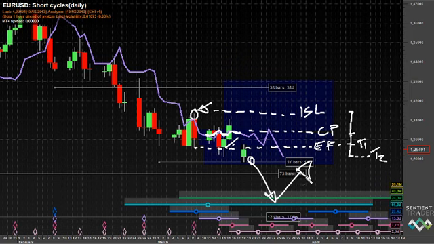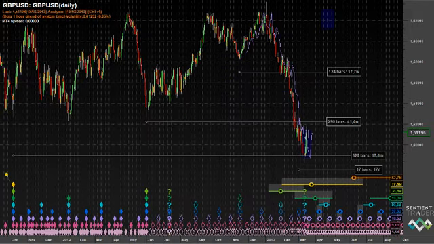Let's take a look at the British pound to US dollar. Now, the British pound to US dollar is also approaching a very important turning point, a turning point of probably at least 18-month magnitude, possibly even longer, possibly even 54 months. And so, because it is approaching such an important turning point, we've got to be very careful about getting into